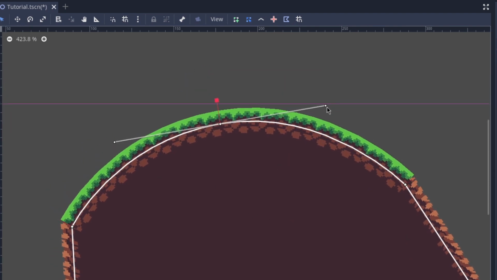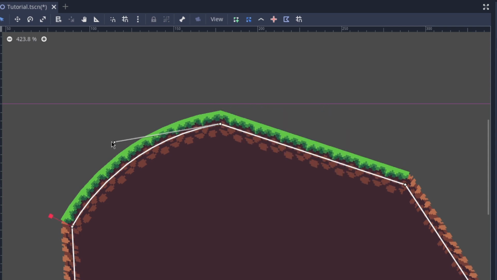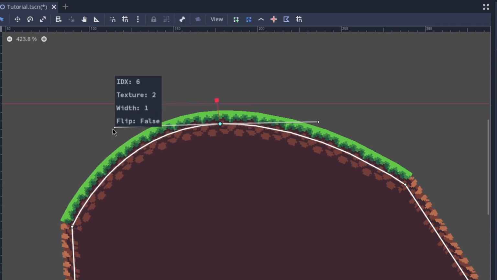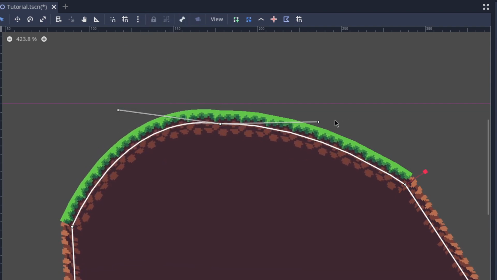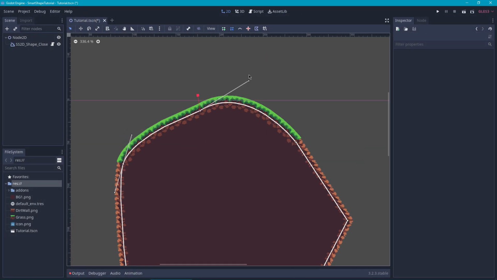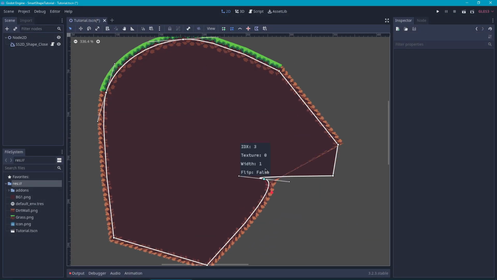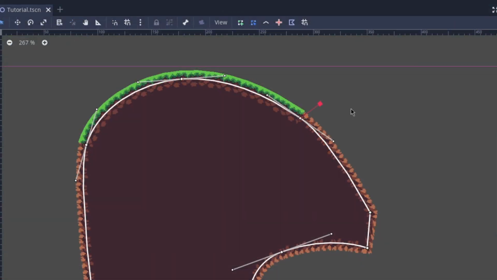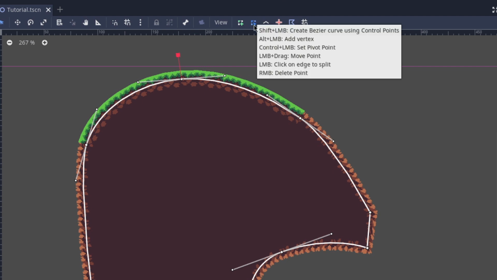You can reset the curves by right-clicking, and you can also manipulate the Bezier handles individually. Feel free to mess around with this for a bit and create a shape that you like. If you want to learn about more shortcuts, you can hover over the tools, and in the tooltips you will